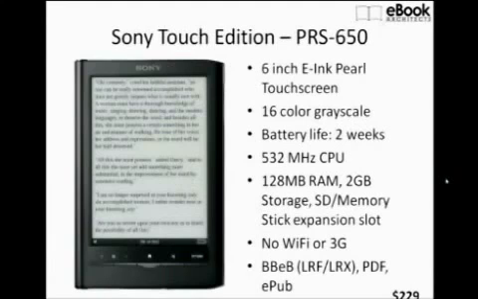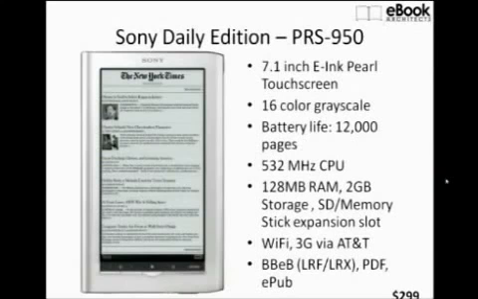The Sony Touch Edition, this is the mid-range version, and the same size screen as the Kindle and the Nook, and doesn't have Wi-Fi or 3G. It does have a touchscreen, but some people have concerns about the touchscreens on the Sony devices. Basically it's a decent device, but again, it's more expensive than the other two. And the Sony Daily Edition is the larger screen version. It's only 7.1 inches, but they changed the aspect ratio so it's taller, and they tout this as being a good device to read if you're reading newspaper content a lot every morning or something. They tout this as a good device for that.